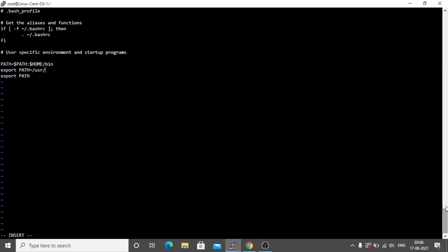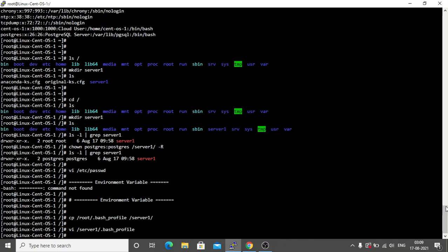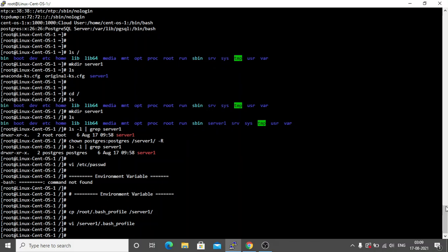It is in /usr/pgsql-11/bin, and colon, then $PATH. Write and quit. Okay, so we have this also set up.